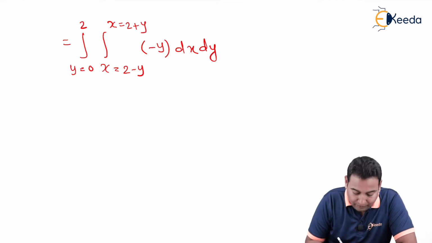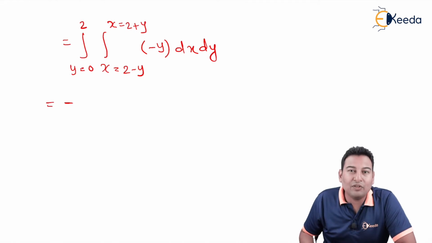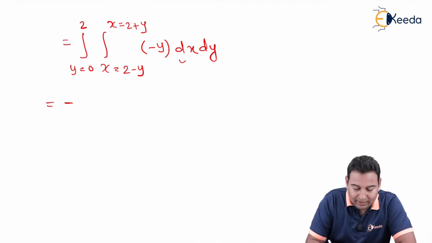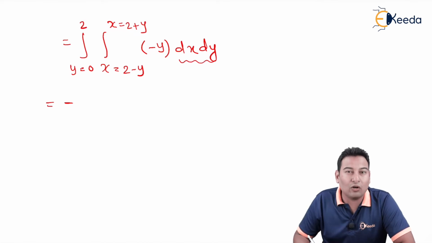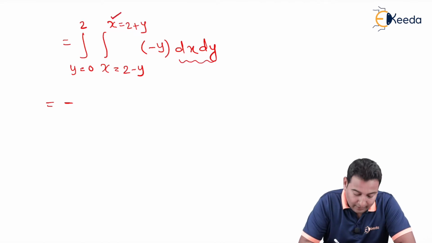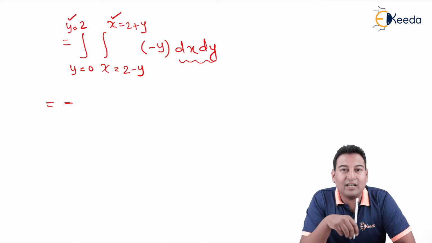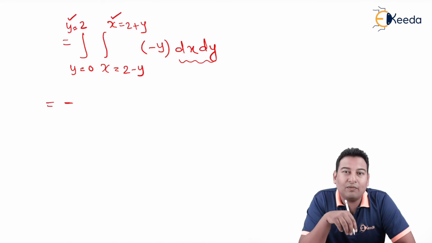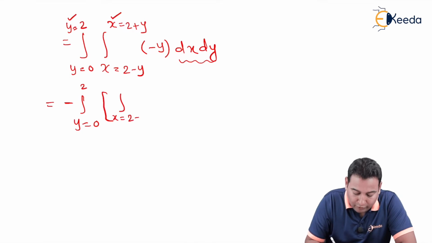Let's integrate this. Minus you can take outside. First of all, the same problem: are you going to integrate with respect to x first or y first? Remember, we discussed this doesn't matter whether it is dx dy, that doesn't decide the order of integration. What decides the order of integration is the limits. Inner is x and outer we have y. Therefore, since inner is x, the first integration will be with respect to x and the outer with respect to y. Therefore, I am going to keep y as it is. First of all, I am going to integrate with respect to x.